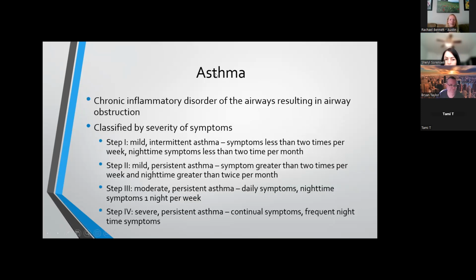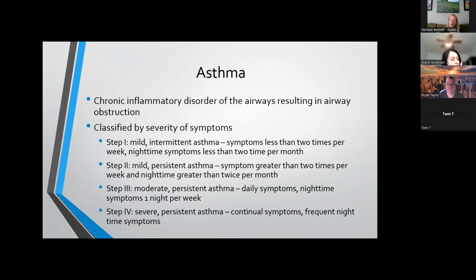All right, now we're going to talk about asthma. This is a really big condition to talk about. Lots of things that can go into it. What happens with asthma is we've got inflammation of the bronchioles. Okay, you can see we've got different